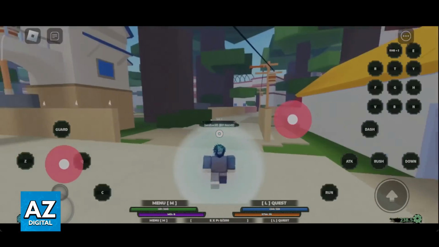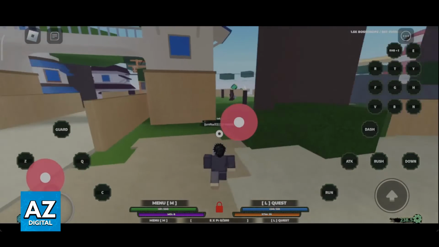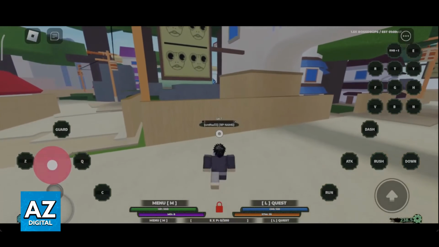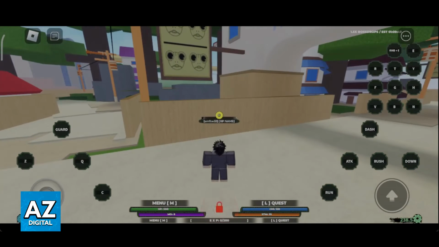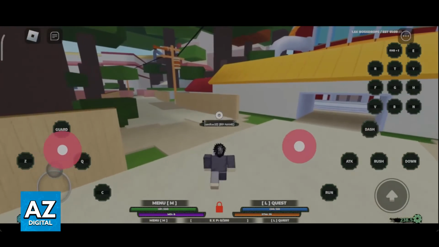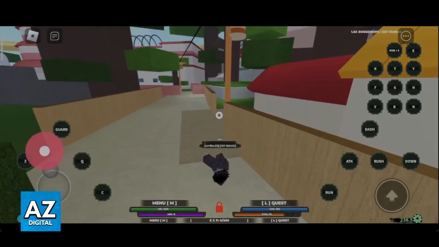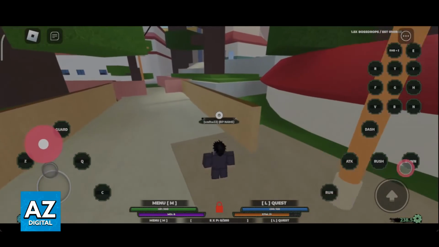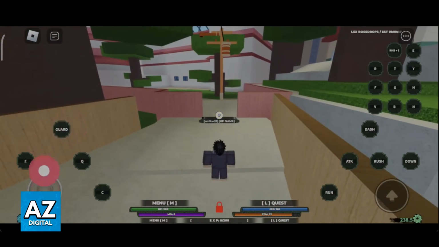If you make any progress here and you play on a PC or a console, all of your progress will be transferred over. You will be able to change everything around the menu, and as you can see, there are a lot of actions for you to execute. You will be able to attack, run, you can do down slams, and there is a lot to learn.